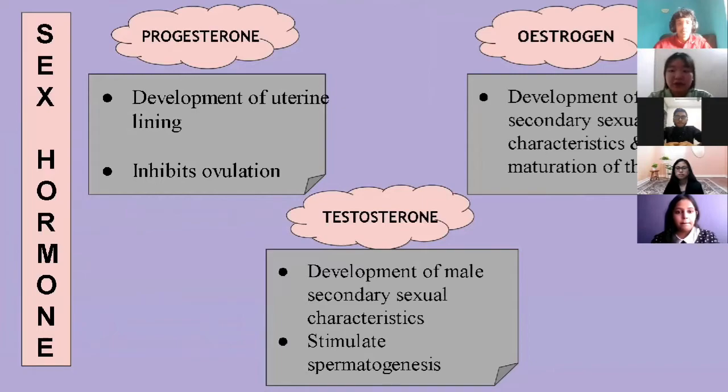Testes will secrete androgen hormones. Testosterone is one example of an androgen hormone. The hormone testosterone helps in the development of male secondary sexual characteristics and stimulates spermatogenesis. Besides that, for the next slide,